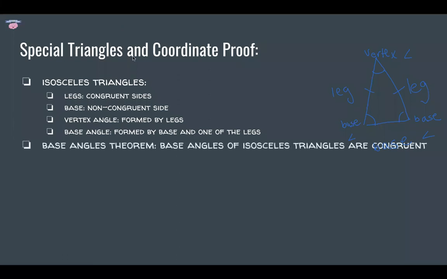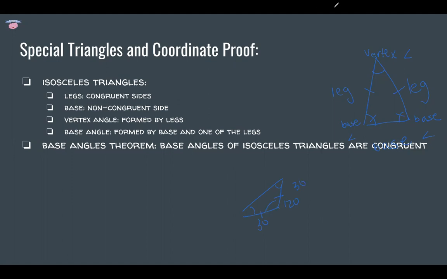So the base angles theorem of isosceles triangles: the base angles of an isosceles triangle are always congruent. Saying that this is congruent to this. And I talked about this briefly. Remember when I told you about that 120, 30, 30? Well, I said soon we'll be able to prove that this is isosceles. Now we can, because we know that these two base angles are congruent, which means the triangle is isosceles, which is the